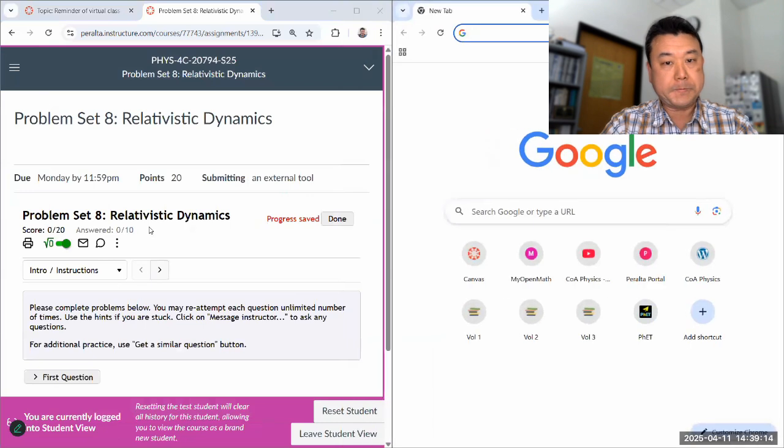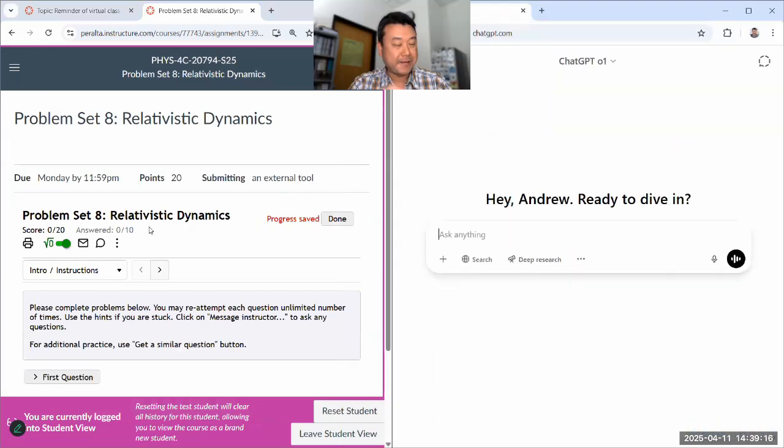So, I hope I have at least like 3 or 4 responses. I haven't gotten the second warning yet, so I should still have at least 5 left. So I'll say hi. I'm back working on special relativity dynamics questions.